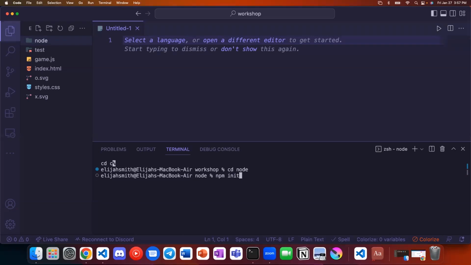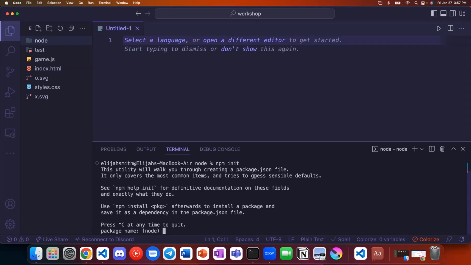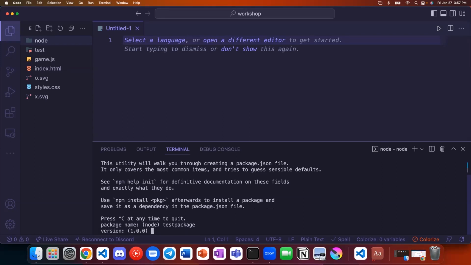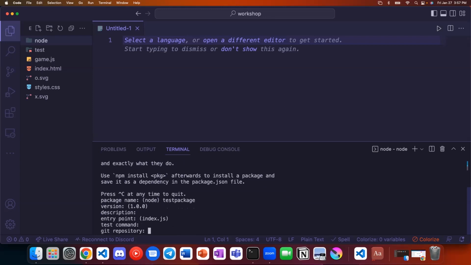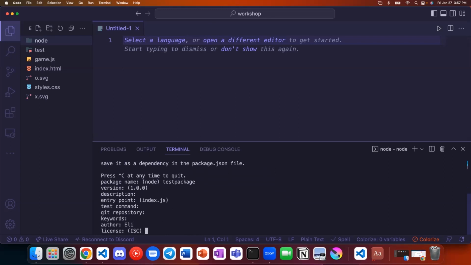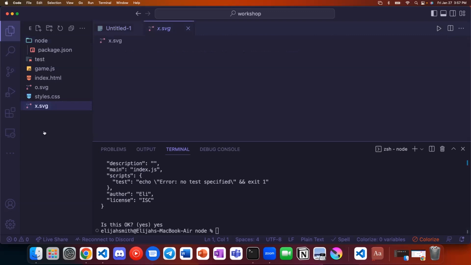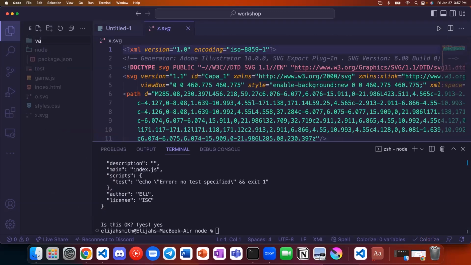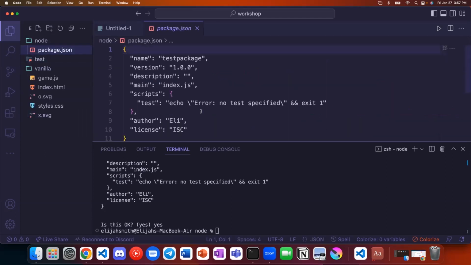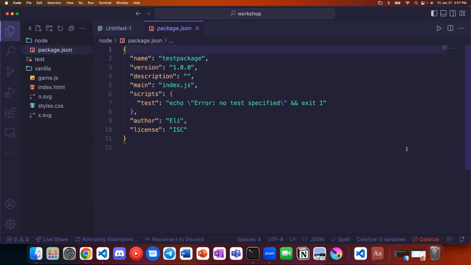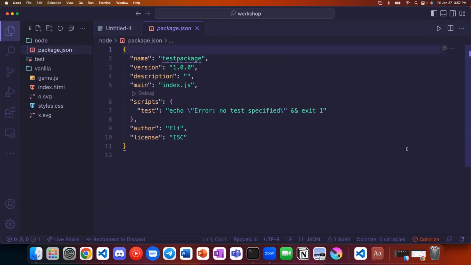Once you install Node, you can create a new project with npm init, and it'll give us a bunch of things. We can name whatever the package we're creating is, test package, version, all of these things. Yes. And now what this has done, let me put this all into another folder here. And this package.json is how Node projects are structured. Every time we run JavaScript with Node, it needs to know a bunch of information about how your application is going to work, and that all basically goes through the package.json.